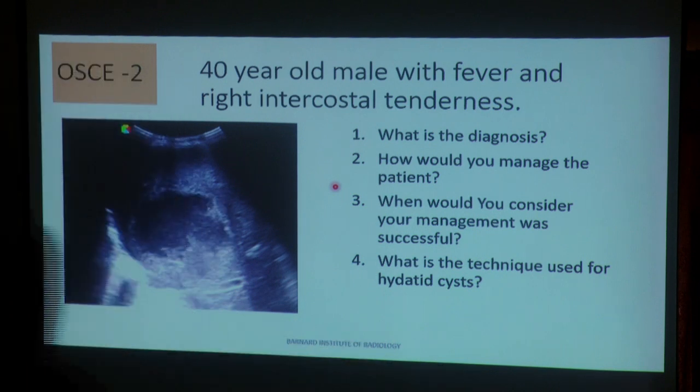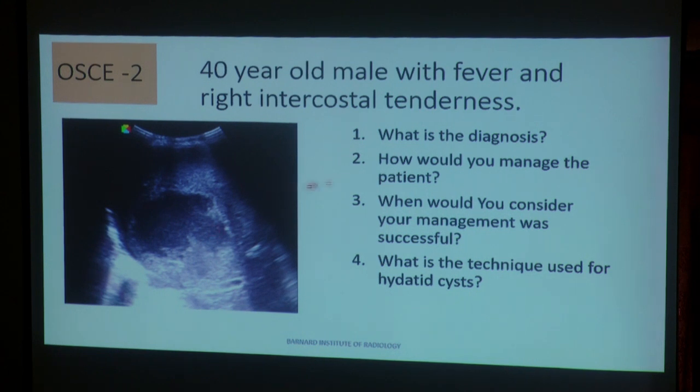Now this is a 40-year-old male with fever and right intercostal tenderness. Here is an ultrasound image. So the diagnosis is obvious. How would you manage this patient? What would you like to do? And when would you consider your management was successful? Or when can you stop your interventional procedure? And what is the technique used for hydatid cysts? So these are all related to the